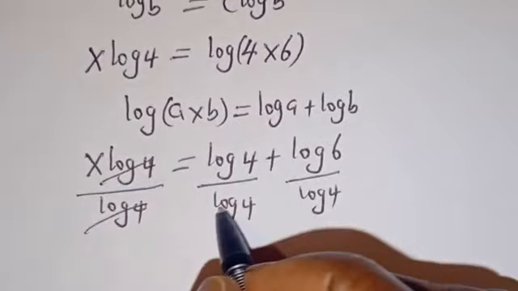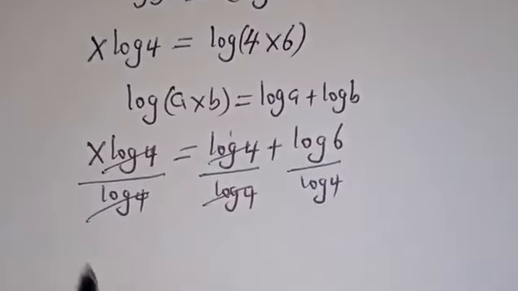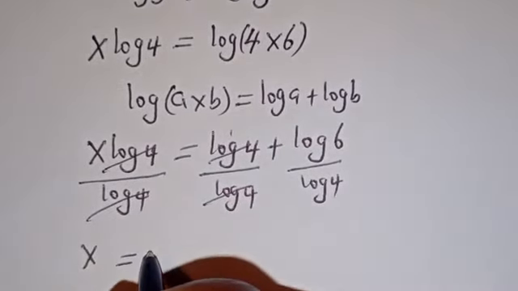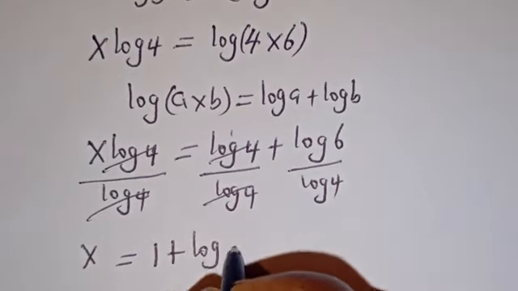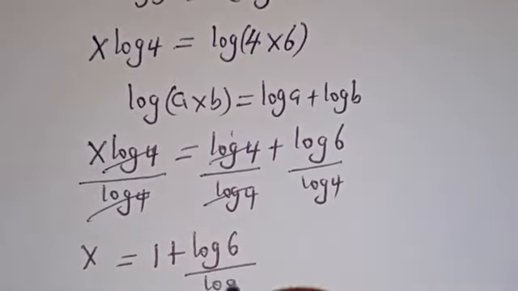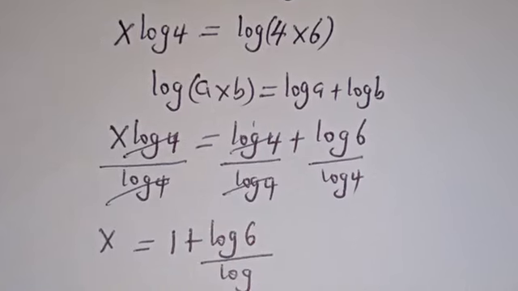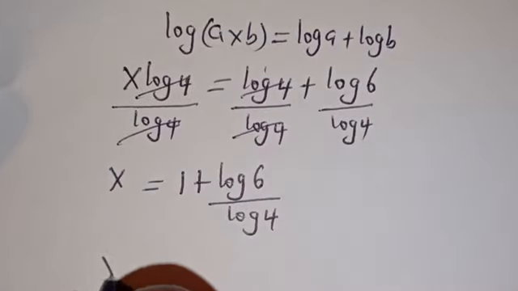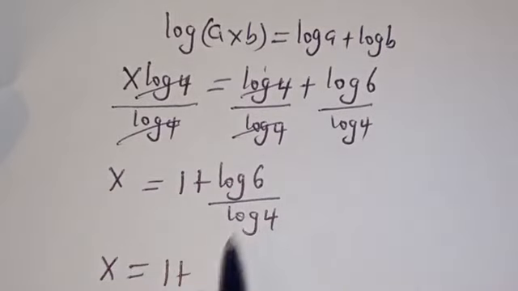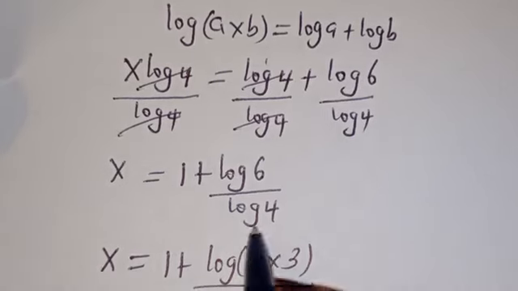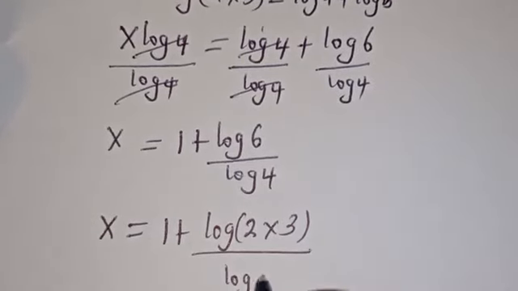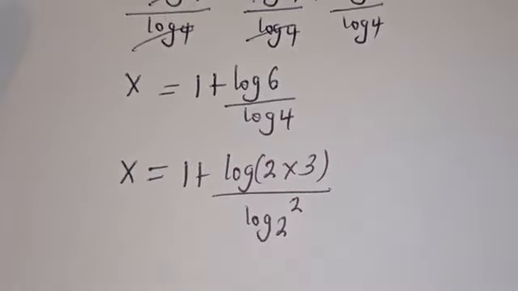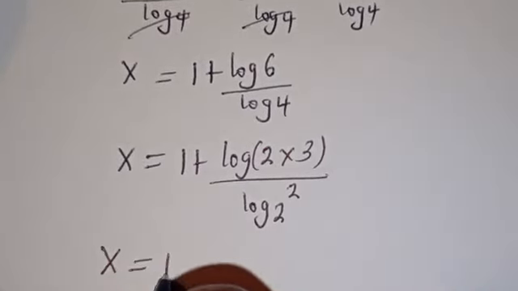This will cancel this. This will cancel this 1. We have x is equal to 1 plus log 6 divided by log 4. x is equal to 1 plus log 6, which can be written as log 2 multiplied by 3, divided by this log 4, which can be written as log 2 square. Then x is equal to 1 plus